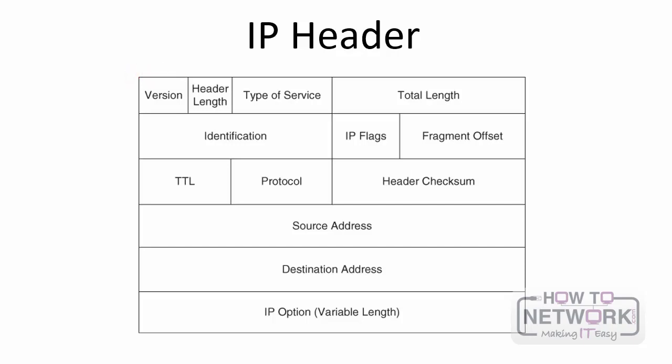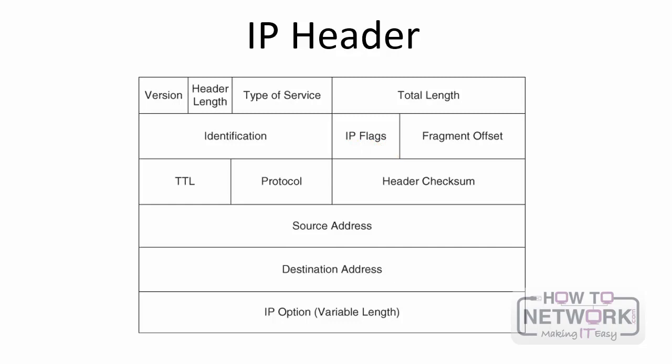Then there's the type of service field. This field is commonly referred to as the type of service byte. It has 8 bits used to set quality of service markings, and specifically within this field is DSCP. The 6 leftmost bits are used for DSCP, which obviously commonly is associated with quality of service marking. Next is the IP flags field. This is a 3-bit field. The second bit of this field is the DF, or do not fragment bit, and that indicates that a packet